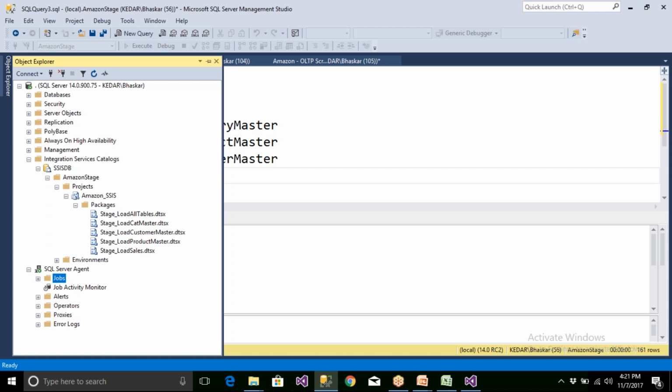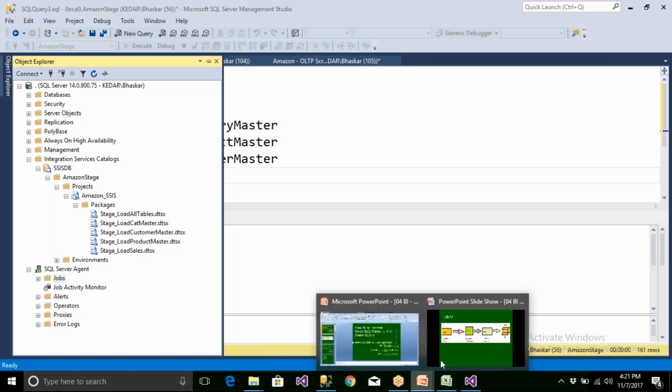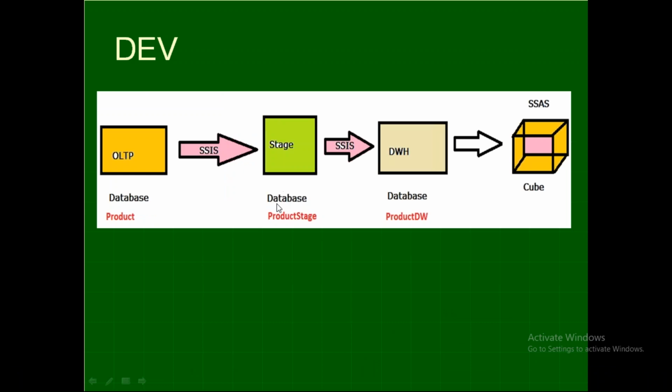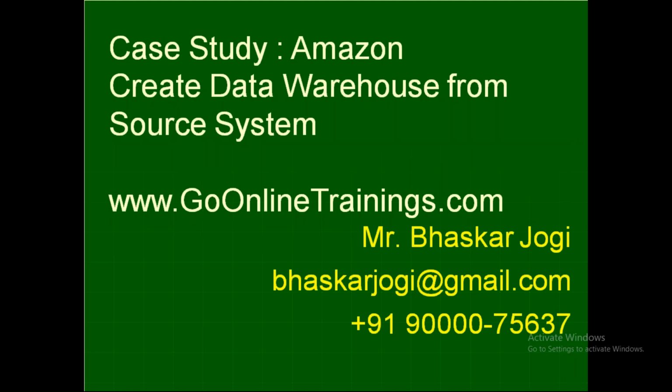When you have files, definitely I strongly recommend that all file data, .csv files, .txt files, image files, whatever data you have, be dumped in stage, and from the stage you dump into the data warehouse. Tomorrow we're going to work on how to load from the stage area into the Amazon DW. Some more things we're going to discuss tomorrow. Clear, guys?